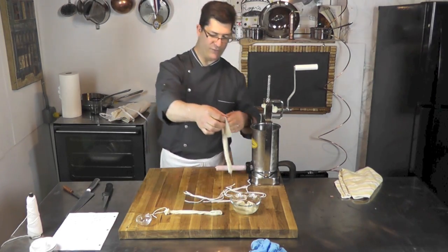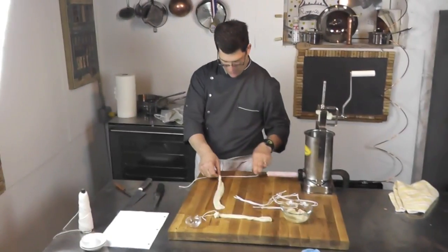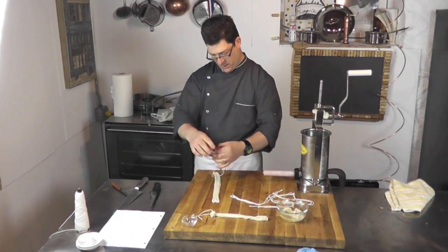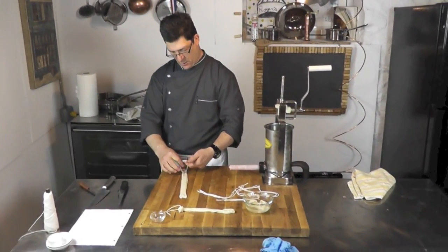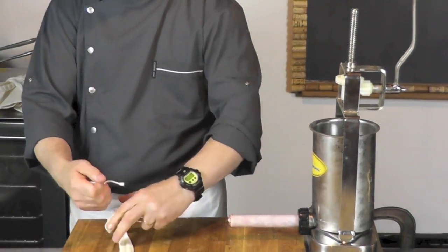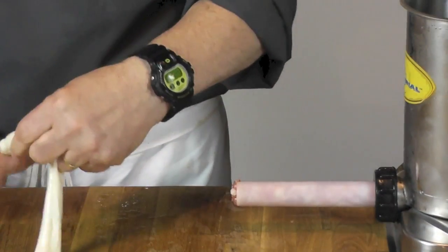I'm taking a piece of casing and we're going to make another, let's call it a bubble nut. I leave approximately an inch of the casing sticking out. I go 1 and 2, that's the first knot. Then I'm going to take the little tag, flip it over my string here